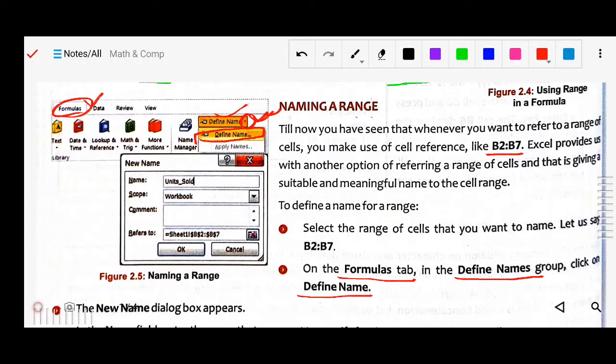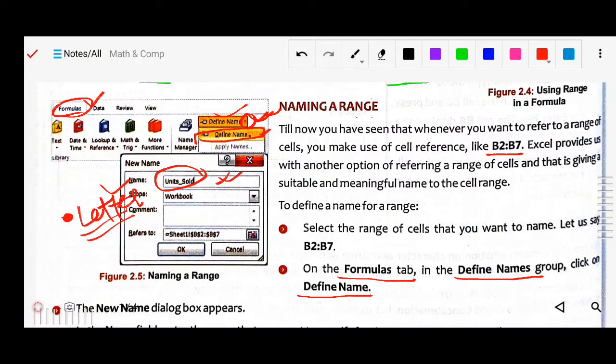First of all, in the Formulas tab, Define Name, and here you will see the name. This name is not case sensitive, so you can write small or capital letters. But you have to take care that the first character must be a letter. Then you can use underscore, backslash, or whatever you want.